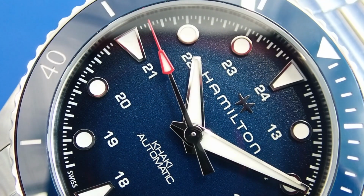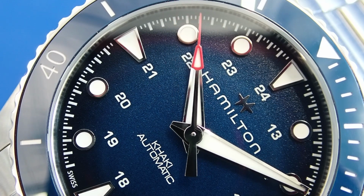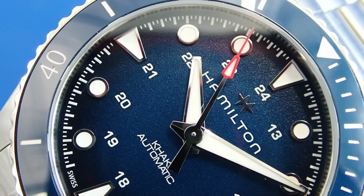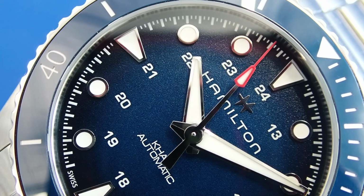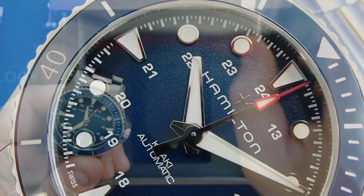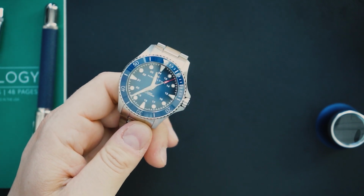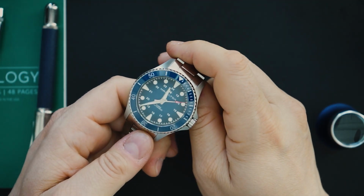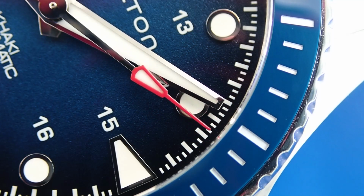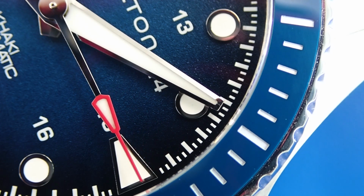They upgraded them to actual sort of professional dive watches, and it gets the Powermatic 80, which is the H10 from Hamilton. They call it the H10. Beautiful, very, very heavy watch. Now it is 43 millimeters, and I think in the video that I did when it originally came out, I mentioned that I thought it was a little bit too big, and I still feel that way. I think they should come out with these in a 40 millimeter case,